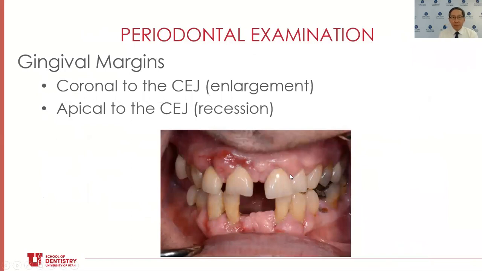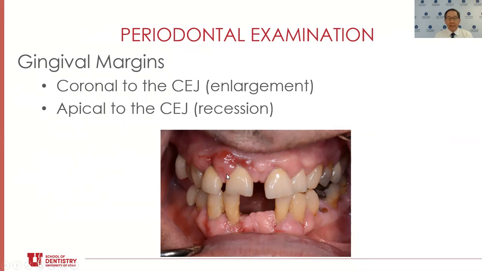I mentioned the importance of evaluating where the gingival margin may be. This is an example of everything from a gingival recession to a gingival enlargement. Where you can see and feel the CEJ, it's relatively easy to determine that's 3 millimeters of recession. Now, on the other hand, if you have gingival enlargement, where the tissue has overgrown and the margin is coronal